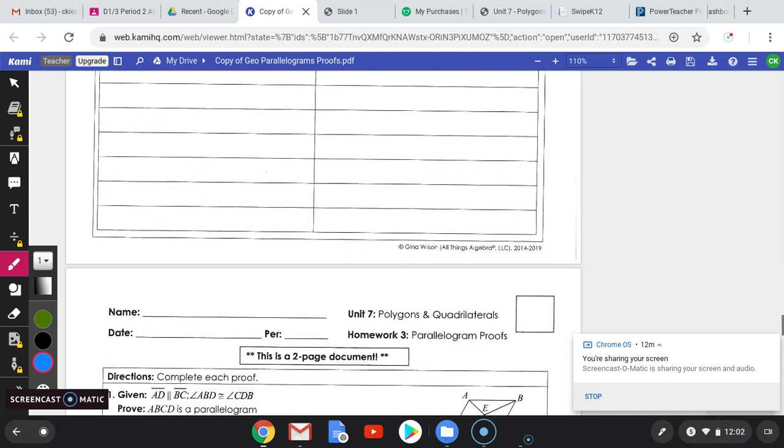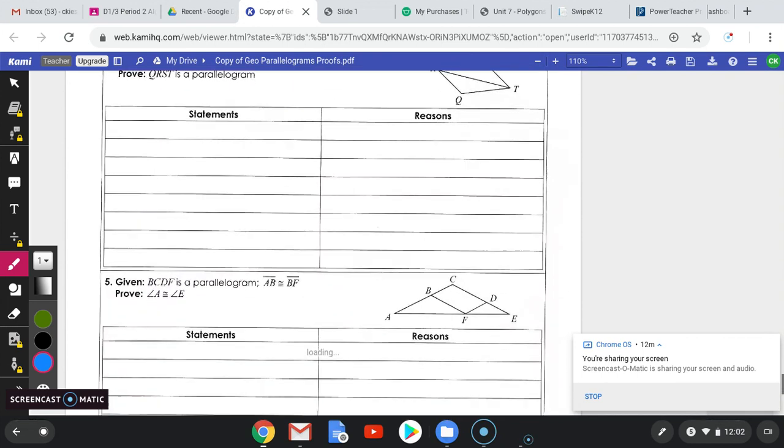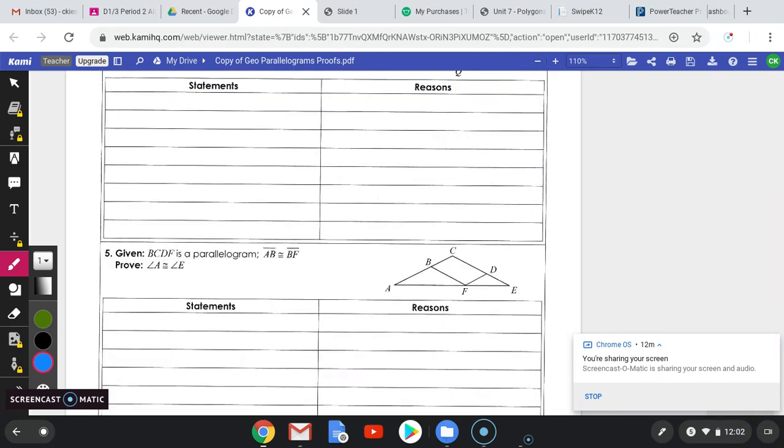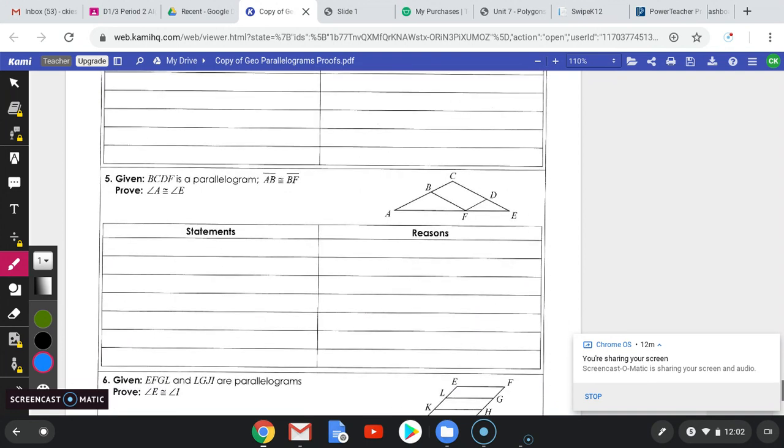But for your homework, I would like you to do, or try at least, 1 through 5. Number 5 is a challenge problem, so I want to see what you guys can do with that. Remember, if you have any questions or concerns, please feel free to email me, and